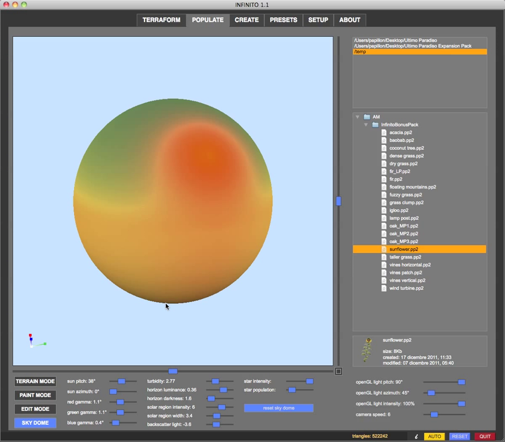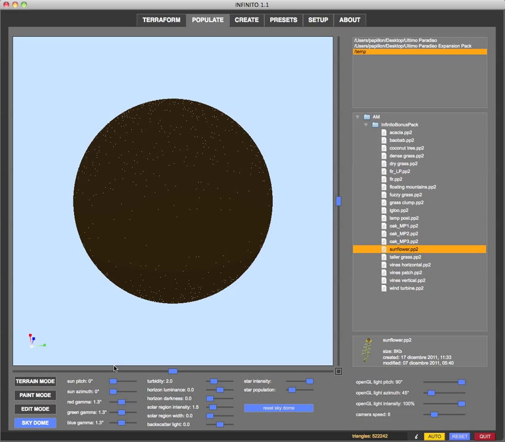I almost forgot to talk about the stars. How can we have a skydome without stars? Let me reset the skydome, and if you lower the sun pitch below 20 degrees, we are going to get stars in the sky. So now I'm at complete midnight, and you see that I have some tiny small white dots here